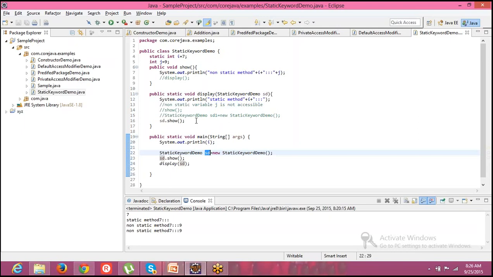I guess no. So, Mahesh, on line number 24 you gave display parameters, you gave SD. The SD, the name of the object, you're passing on line number 11, and on line number 16, SD dot show, you're calling that method again. Why are you passing SD? If you are not passing SD, it is not recognizing it, as you have already seen. We were getting a compilation error.